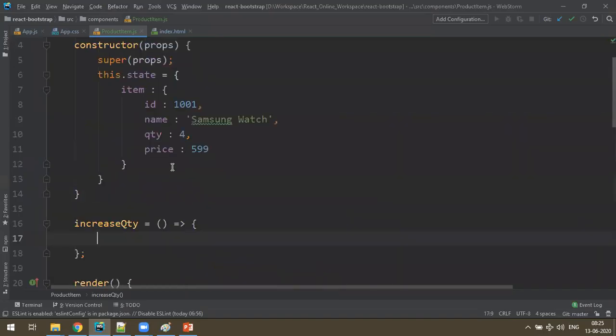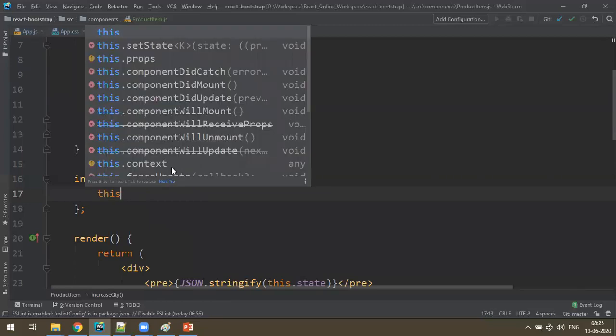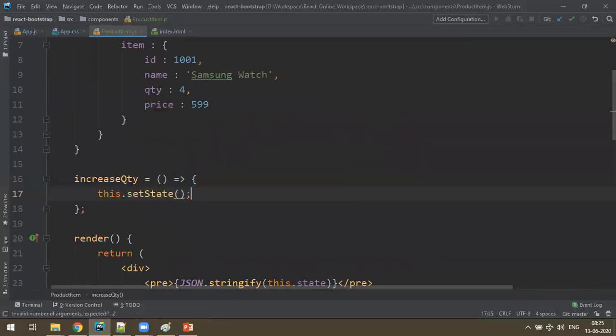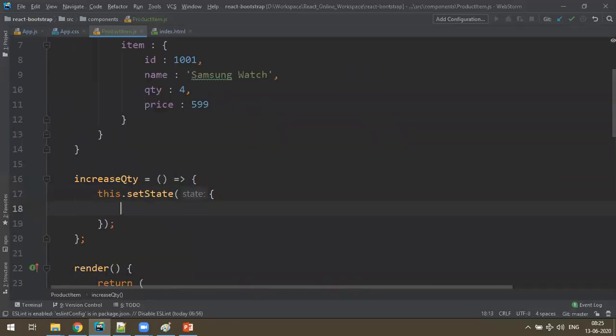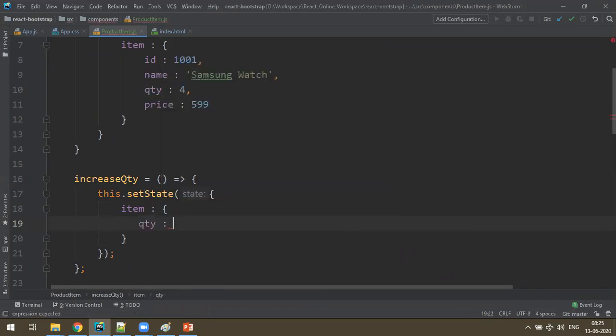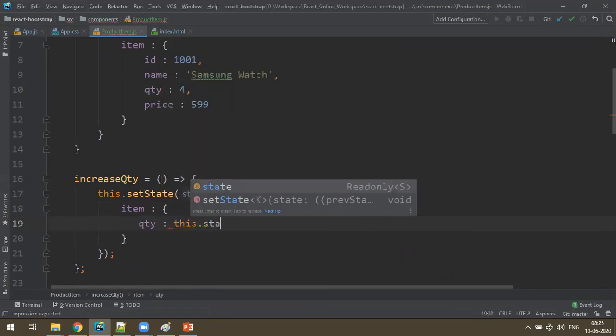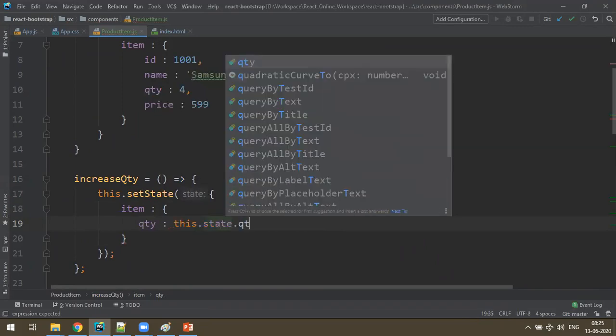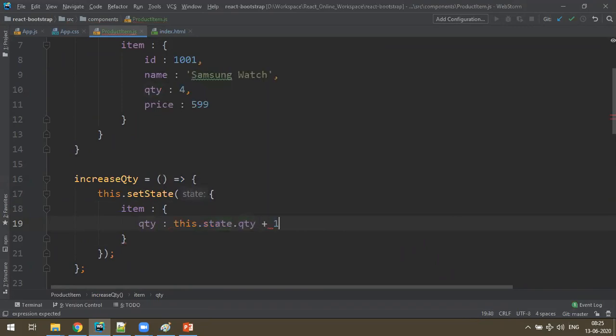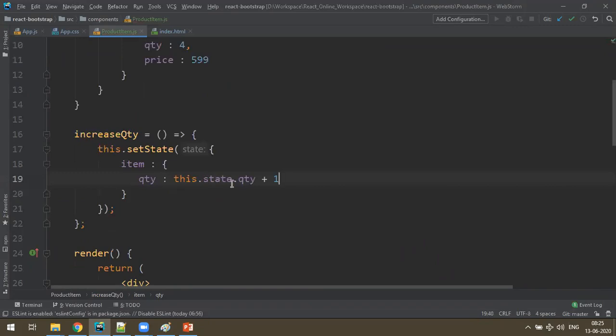So what I do is this.setState. Okay, here what I'm doing is item. What you want to update is only quantity. So QTY I want to update to what? So this.state.QTY plus 1. That's it, no? You can increase the state and attach it back to the state again.